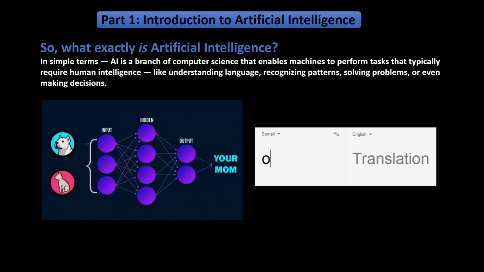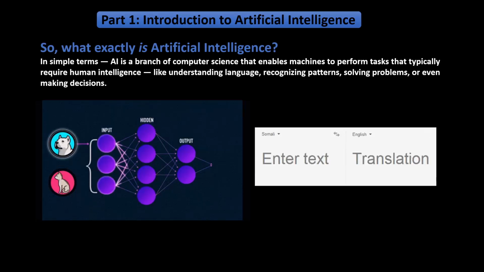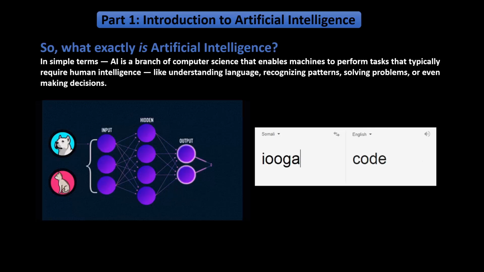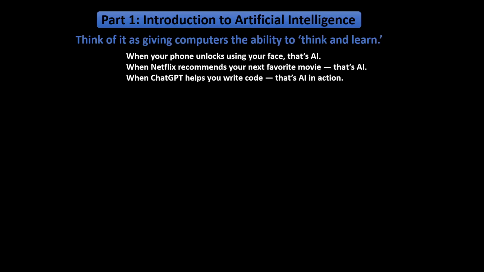But as I mentioned, AI has the ability to replicate human intelligence. So if you consider a human being, a human has the ability to predict the future based on past experiences, because a human can think and can learn, and based on that information a human can make decisions. The same thing goes with an AI model. An AI model uses a data set as training, and the AI model learns from that data set, and based on that information, AI can predict the future or make decisions. You can think of it as giving the computer the ability to think and learn.